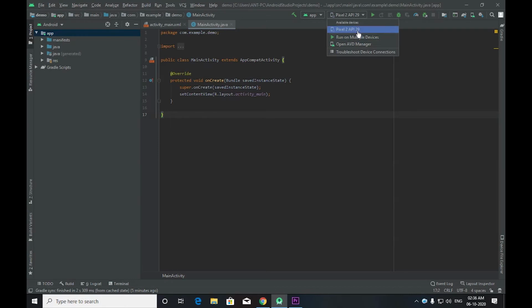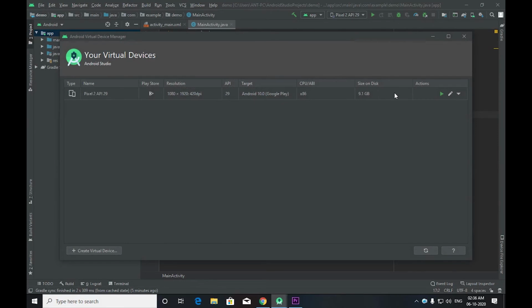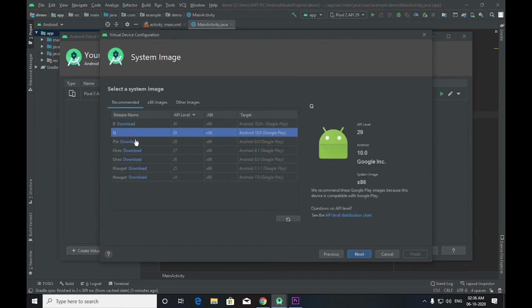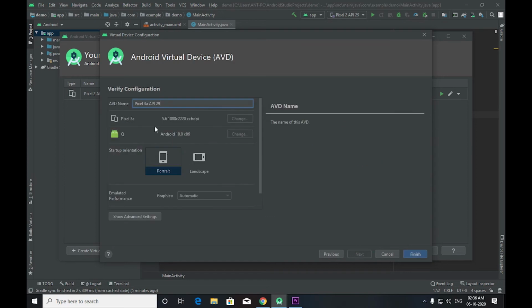So next thing will be the emulator. If you have an Android phone, it will be easy for you. Just plug in your phone. You can select any image. I just selected Q image.